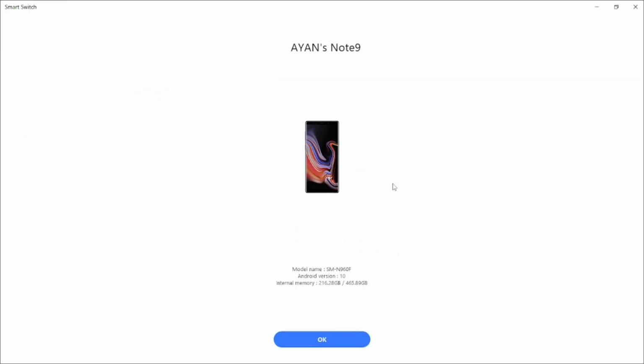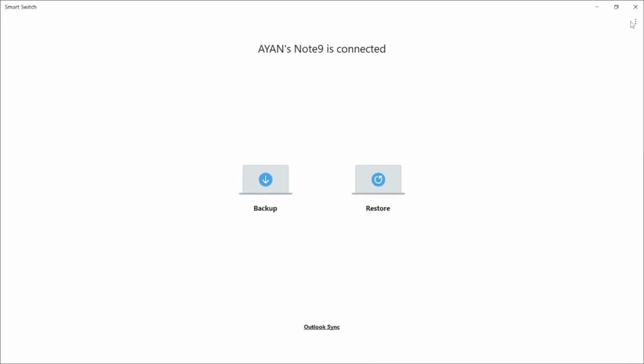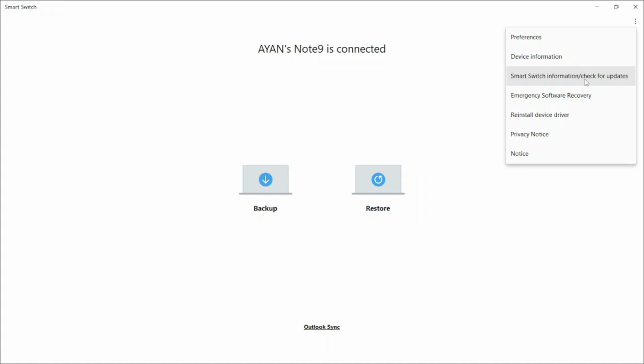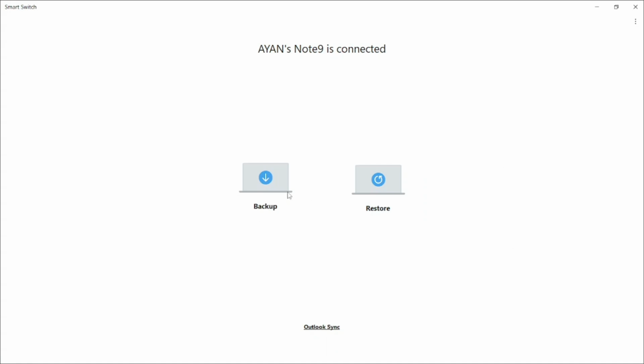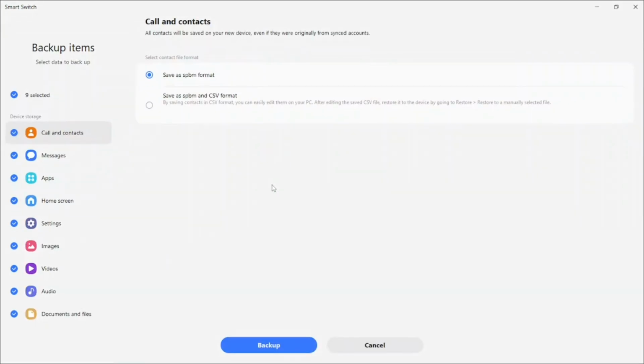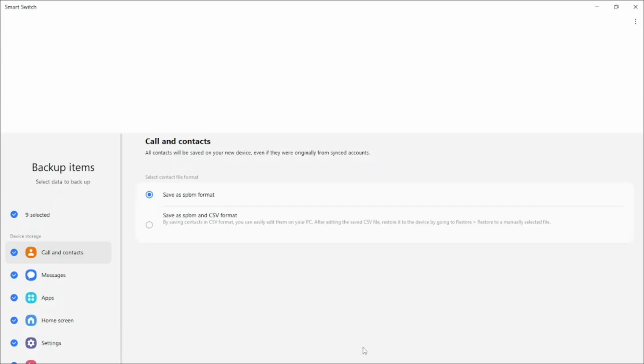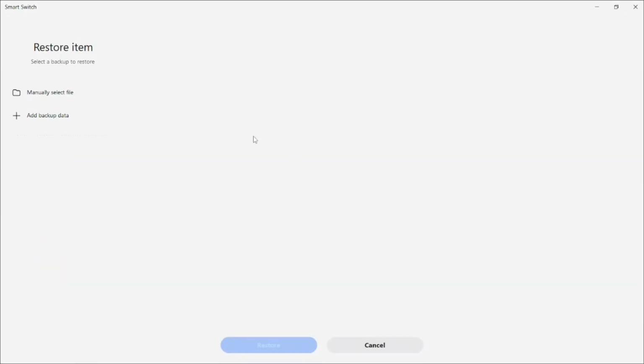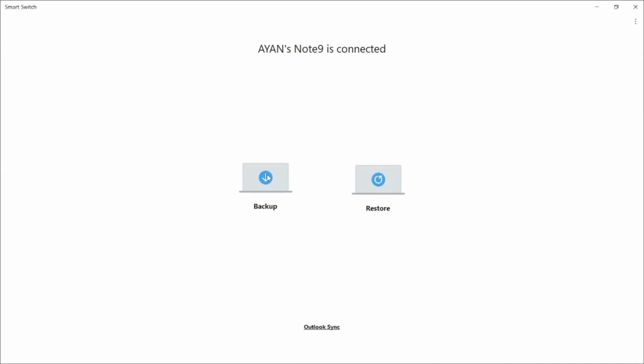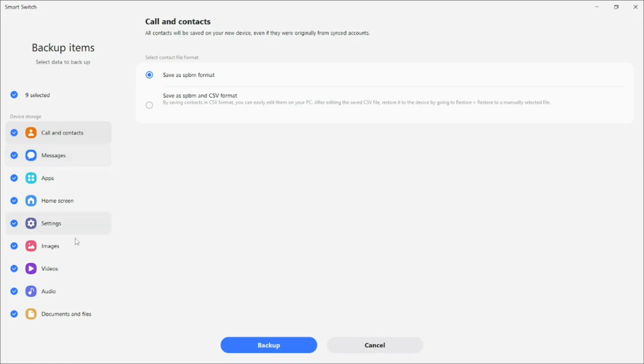If you click on device information, you will see everything that you need to know about your phone. There are some other options as well, but today we are going to make a backup of some system files. So this is how you use Samsung Smart Switch. You create a backup, and when you get your new device, just connect it to your laptop and click on the restore button. This will check for the backup file that you created previously, which I will show you right now, and this will restore your device onto the new phone, which is very amazing considering how many times